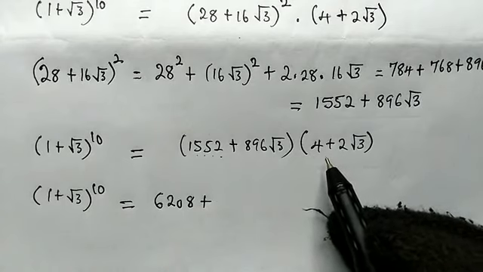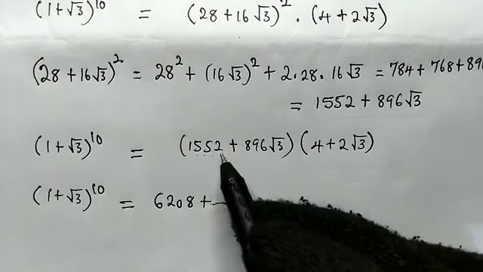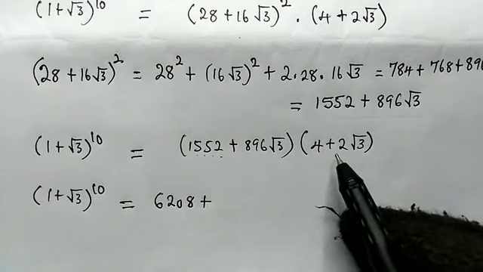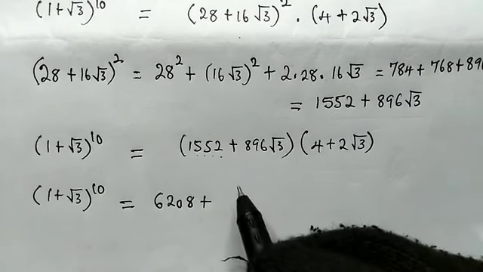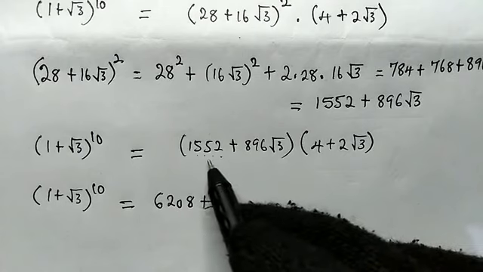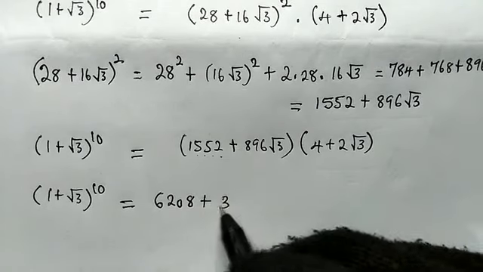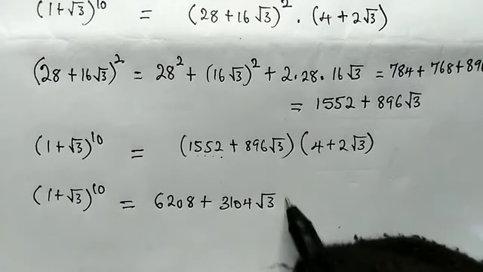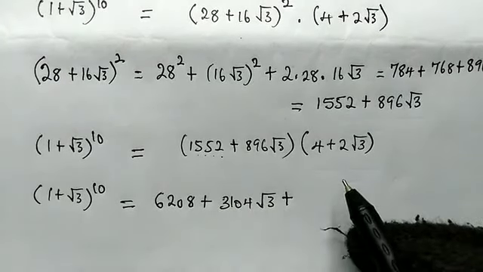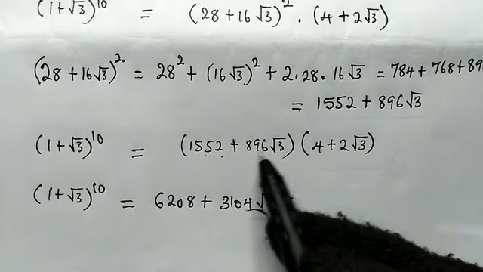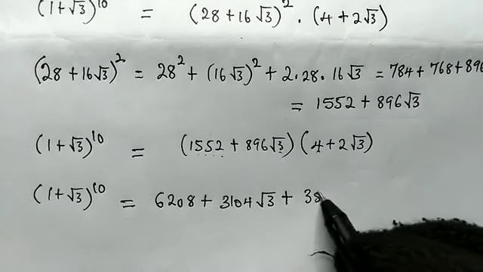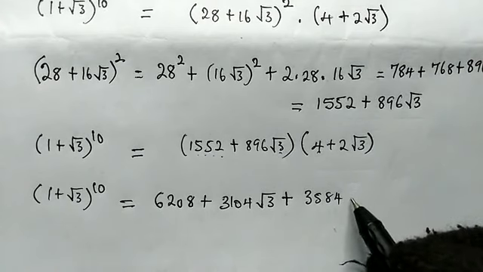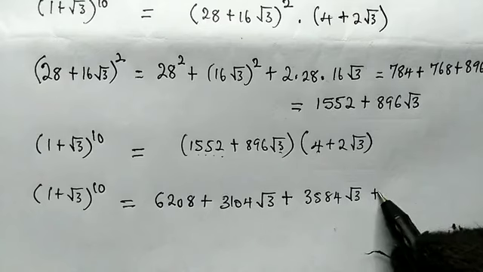What is the next thing? So here, 1552 times 2 root 3. That will actually give us 3104 root 3, right? Hope I'm correct. Yes. So 3104 root 3 plus, okay, so here 896 root 3 times 4. So that will give us 3584, then root 3, then plus here